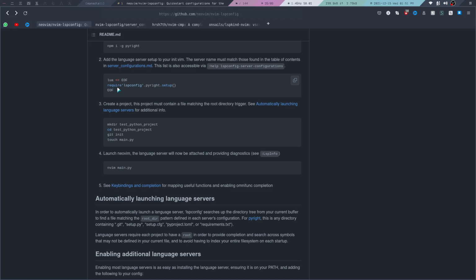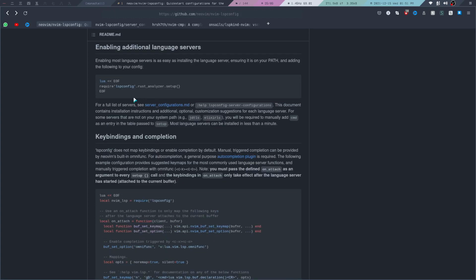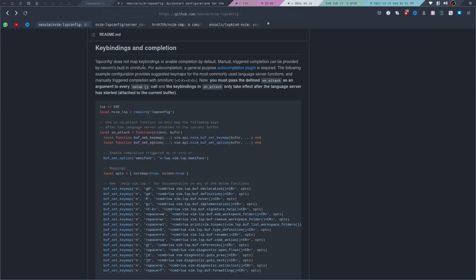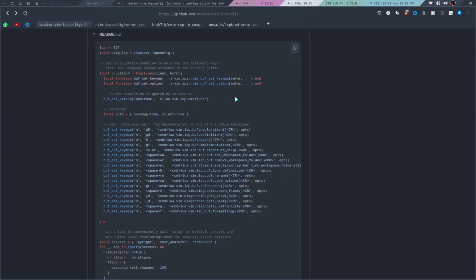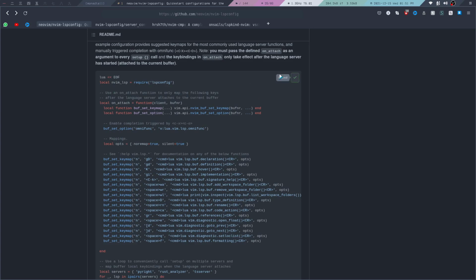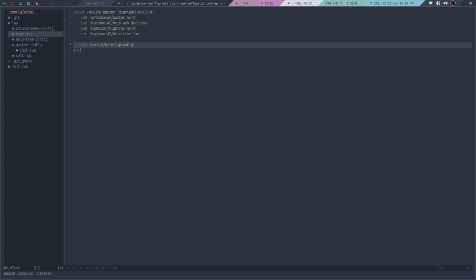You can use require lspconfig dot the language server and then setup. In between the setup table, you can override the default values for the options that they provide. But if we scroll down to key bindings and completion, there's a code block that we can copy paste, which is this part here. We can copy paste that and create a new module inside of our Lua directory. We are going to call this module lsp config,